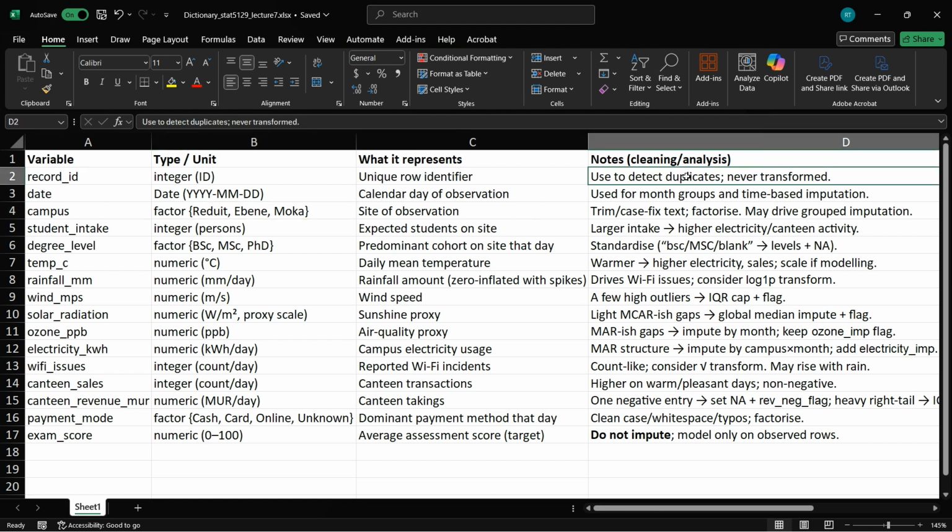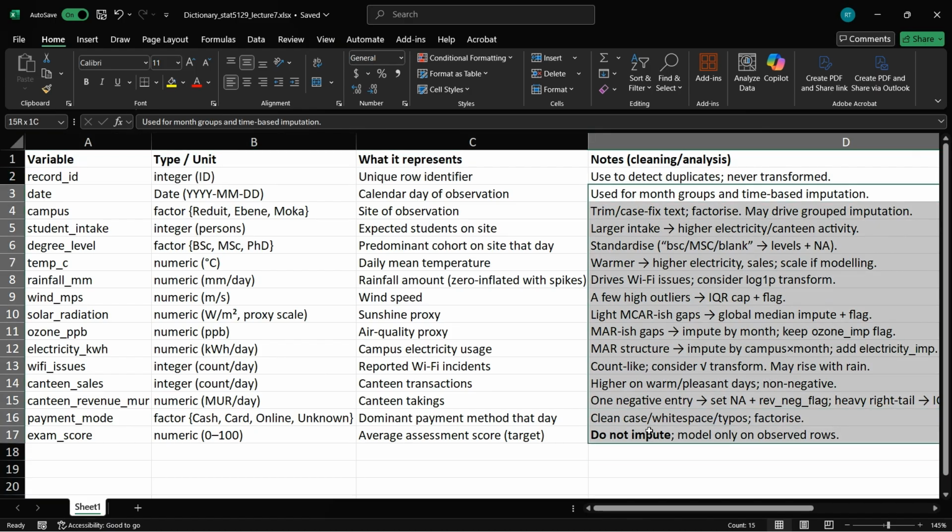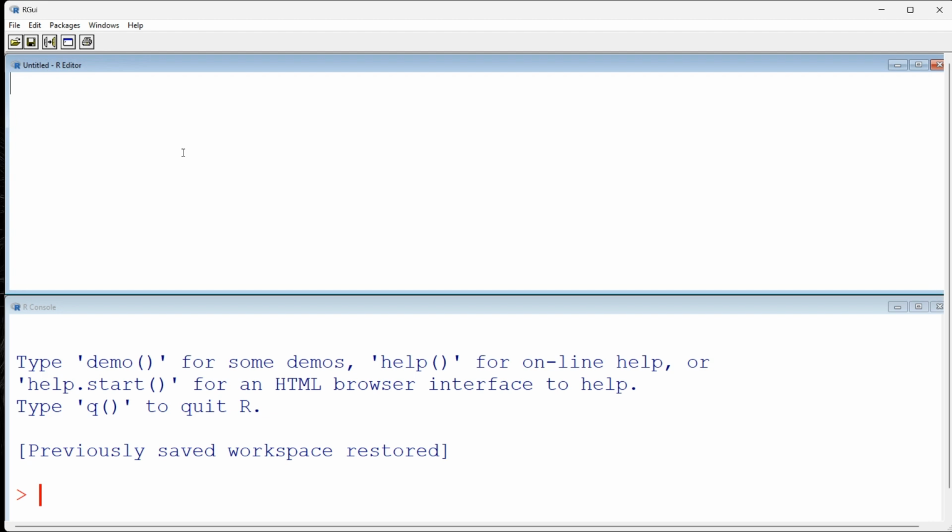So I mentioned here some notes so that you understand. You will see that there is a problem in terms of a record ID where there are some duplicates. We'll get into that later. So you will see the different notes that I want to give you pertaining to this data set. Okay, so what are we going to do? I'll profile the data, I'll fix missingness and outliers if any. I will apply transform scale where necessary, and finish with a model on exam scores. All right, a model on exam scores